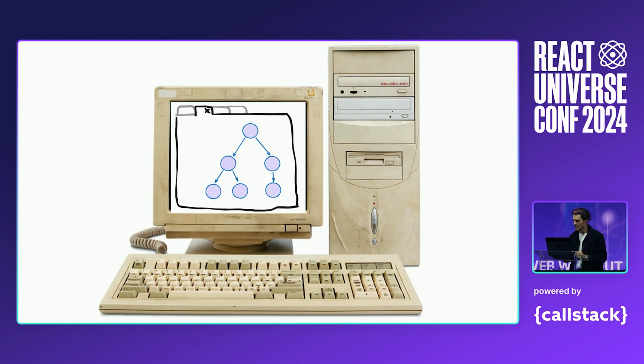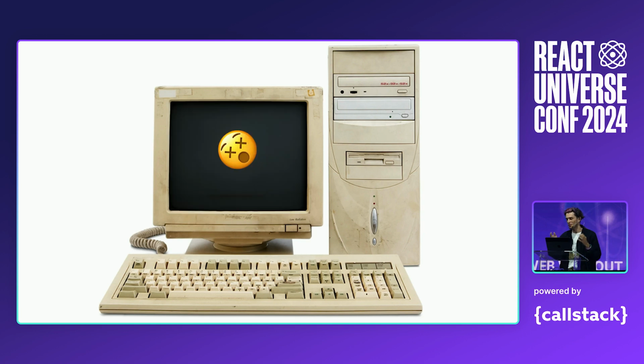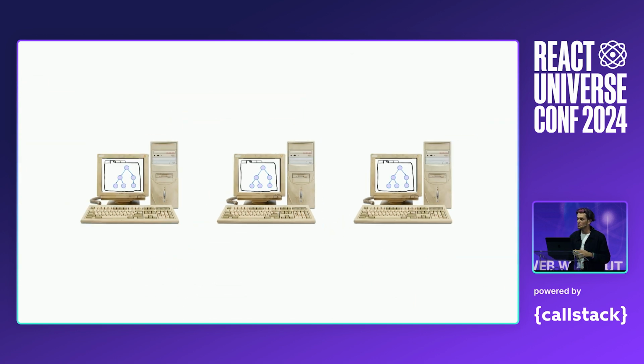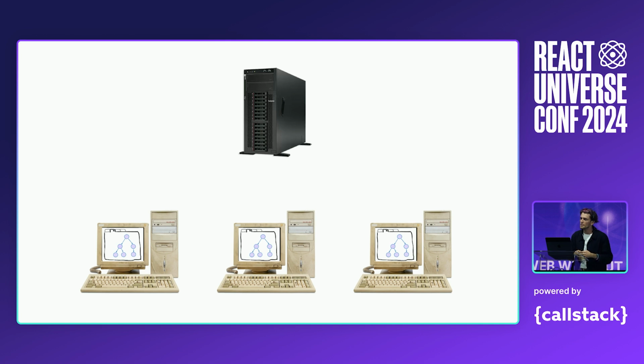Computers get old, they break. So you don't want your blog post to disappear when your computer goes down. You might want to buy a couple of new computers, maybe in different form factors. And also, if it's something like a blog post or a social media post, you probably want to share it with your friends who also have different computers. So you somehow have to get this information on all of those computers. There are different ways to solve it, but the simplest way is just to get a server, right? And then we lift the state up from the computer to the server, and the server becomes the source of truth. And so that is kind of like a terminal state in a way.